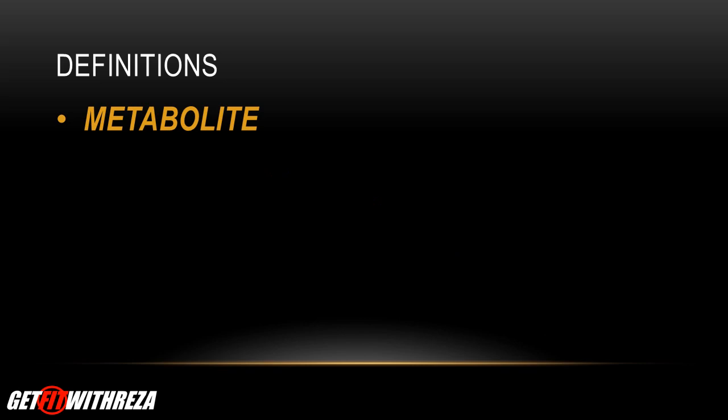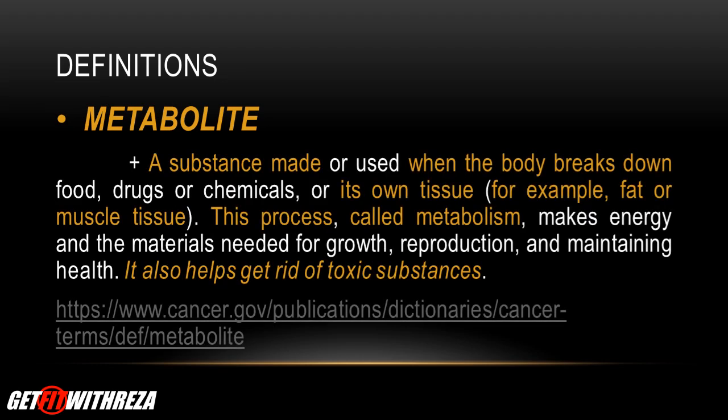Now we move to the next thing. What are metabolites? When we work out, there's stuff that gets produced and lingers around in your muscle cells, and these things are called metabolites. A metabolite is basically a substance made or used when the body breaks down food, drugs, or chemicals, usually in its own tissue, for example fat or muscle tissue. This process, called metabolism, makes energy and the materials needed for growth, reproduction, and maintaining health,